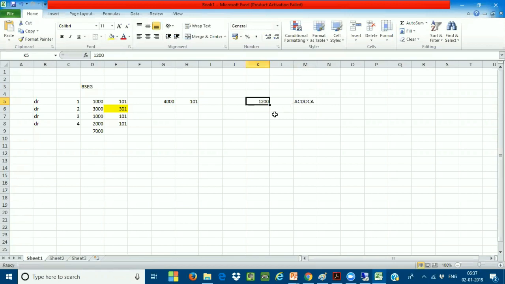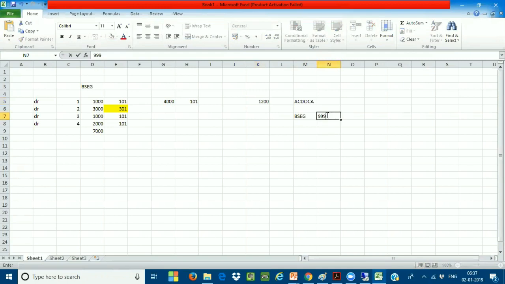But the same document is also getting posted in the BSEC level table. The BSEC table only accepts up to 999 line items.